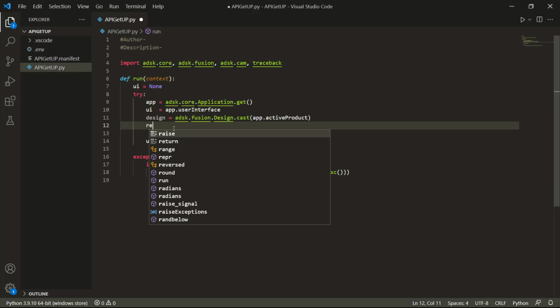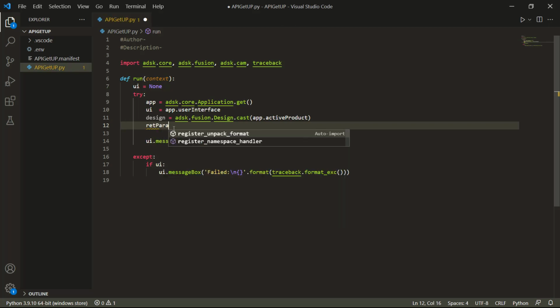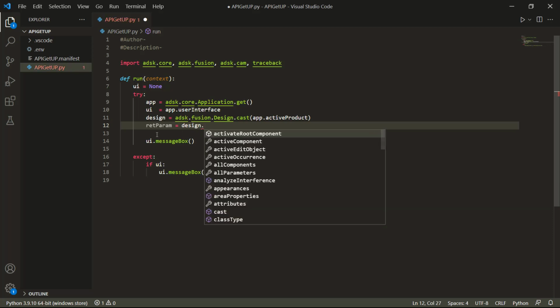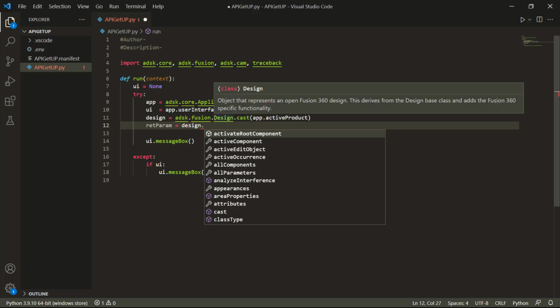So I'm going to create a new variable and I'm going to call it RET for return, and then capital PARAM, return param. It's just a little bit of a shorthand because I don't want to type out the whole thing. And we're going to set that equal to design. Now remember, design was this variable we created up here. And now that we're using it, it's changing from gray to white, and you can see that it's in here. Again, it's important that we note the object or the little icon next to it. So design dot, and this is going to give me access to everything I need from the active product design